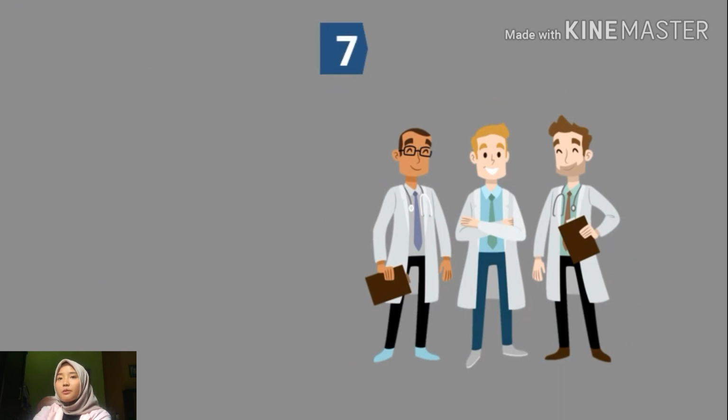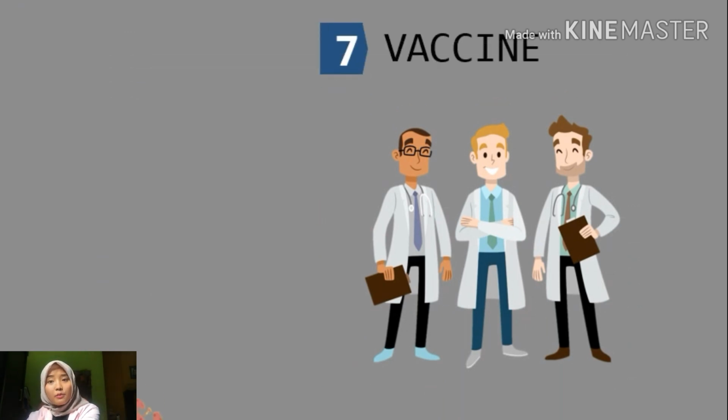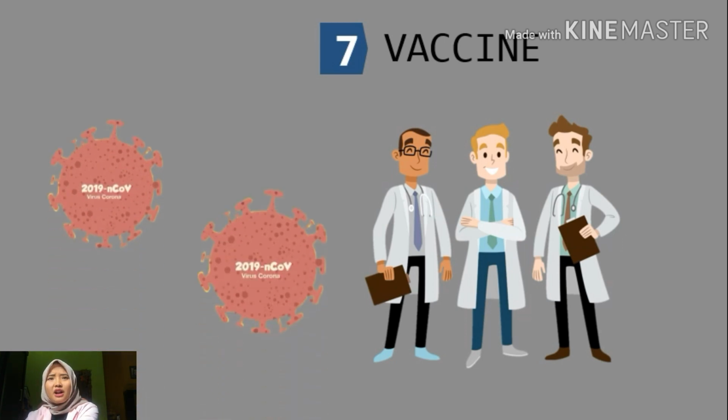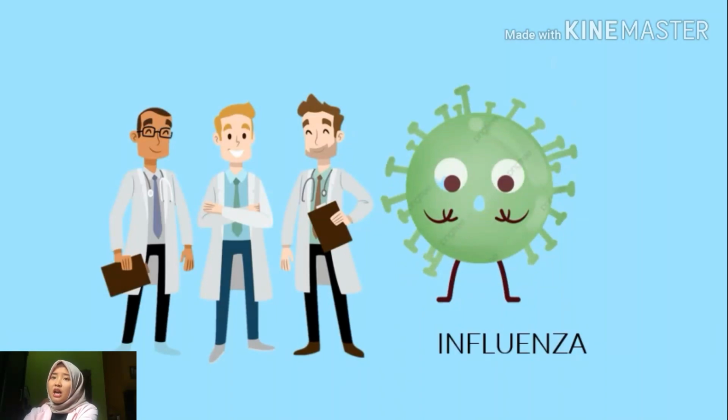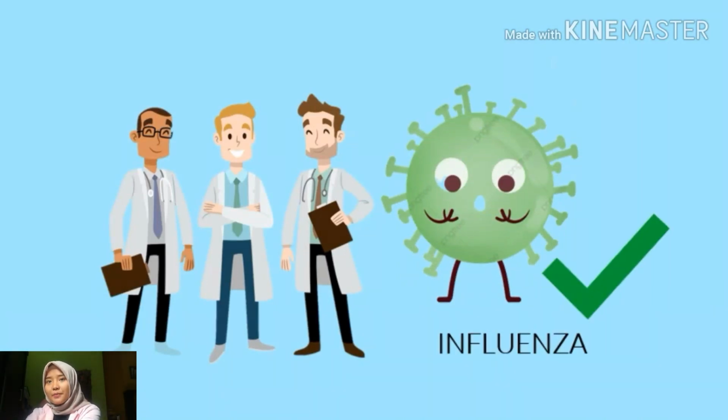There are a number of therapeutics in clinical trials in China and more than 20 vaccines in development for COVID-19. There are currently no licensed vaccines or therapeutics for COVID-19. In contrast, antivirals and vaccines are available for influenza. While the influenza vaccine isn't effective against the COVID-19 virus, it is highly recommended to get vaccinated each year to